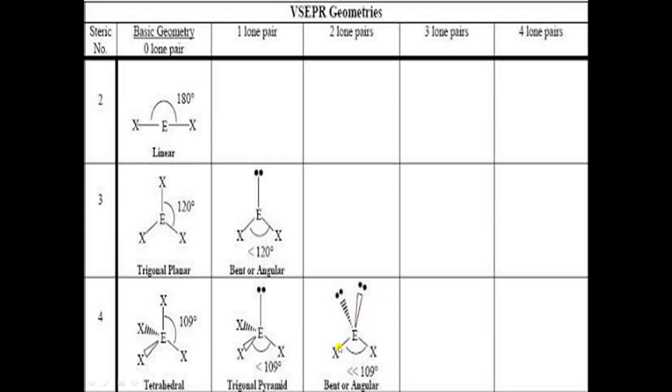Now you have to predict what is the shape. So you have to see only bond pairs, and these 2 bond pairs look like bend shape. Okay. You can say bent or angular. Okay, so this is bent shape and angle is less than 109 degree. The same reason, because there is repulsion between lone pair and lone pair and lone pair and bond pair. That is why these two bonds will come near to each other and bond angle will decrease.